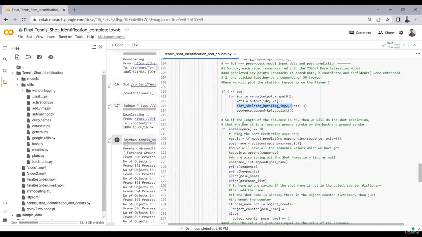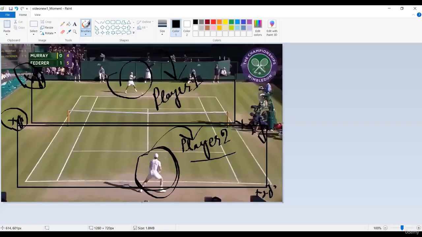So here what we are doing is that we are only detecting the shot type and the total shot count for only this player, player number 2. Okay, so what we are doing is that,